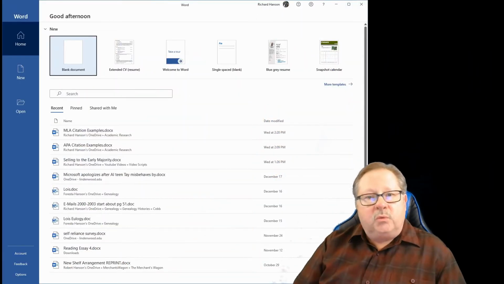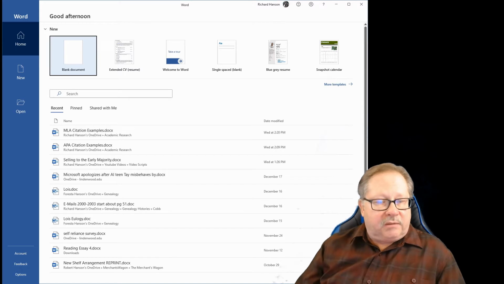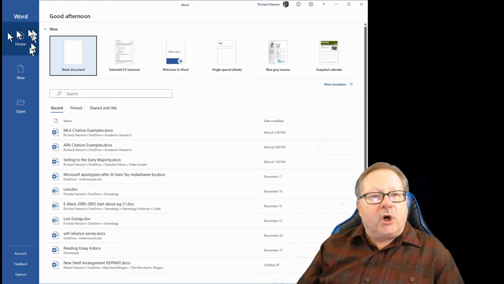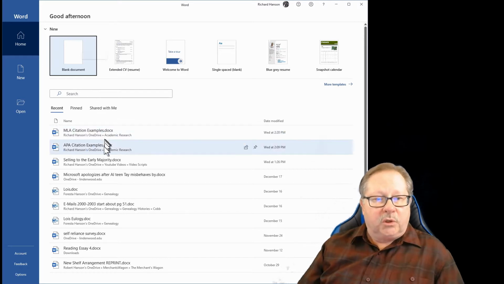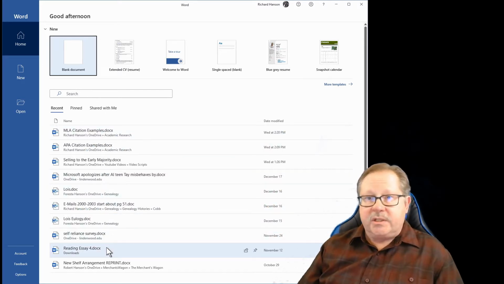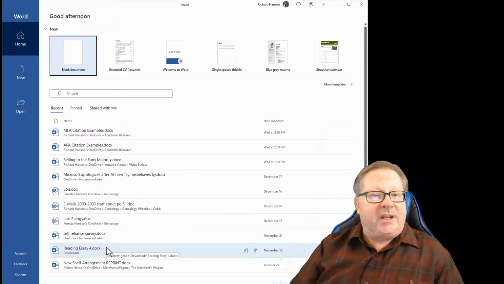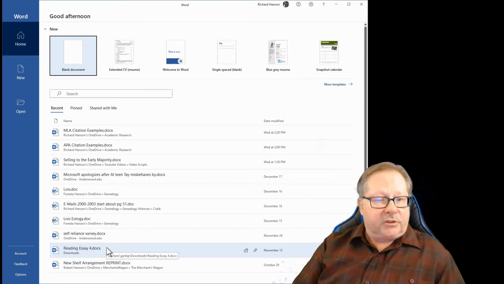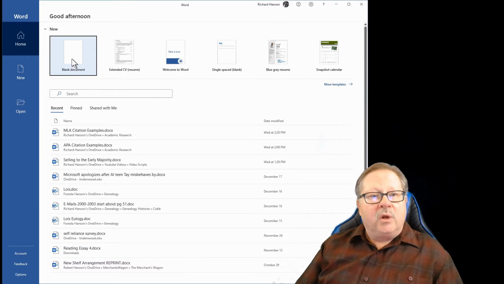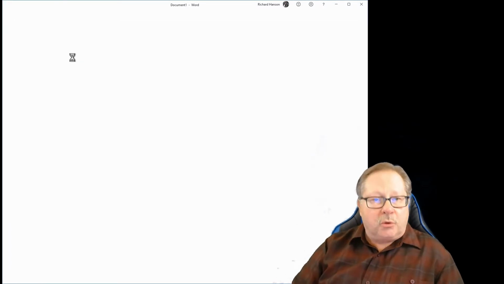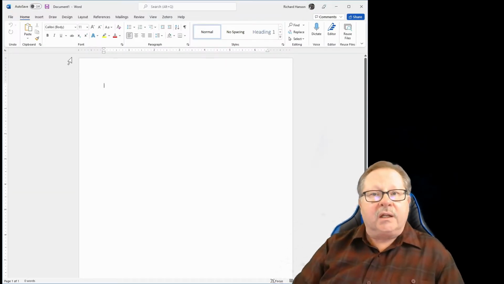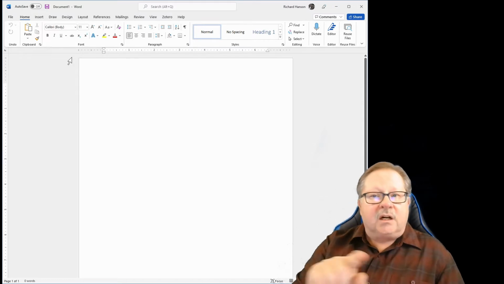When you open Word, you come to this particular screen. You're opened up to the Home button here. You can open a blank document, or below you can see that there are other documents that can be opened. You can see that I have built over time, and it's a list of those recent documents. What I'm going to do today is just open a blank document by clicking on the icon that showed the